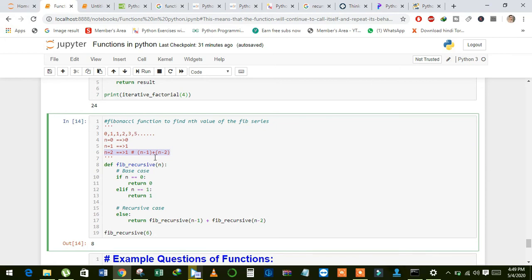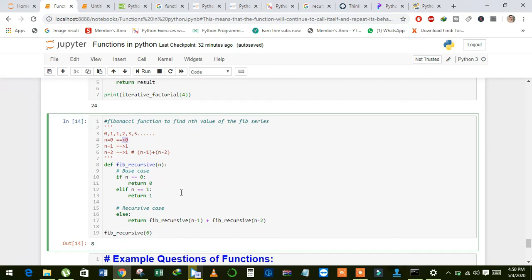It means it will just add the value of n minus 1, this value, and n minus 2, the second previous value, and it will add both values, and then it will generate the next element.